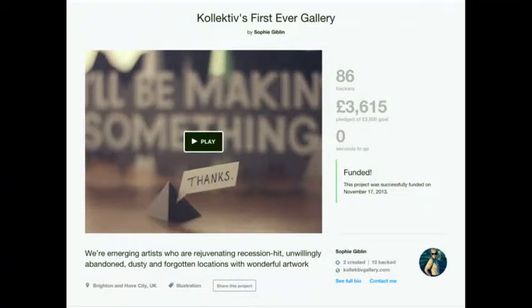One of the artists said, we should do a crowdfunding campaign. And the crowdfunding campaign was on Kickstarter. It was amazing. I looked at Kickstarter's interface, instantly loved it. There's a few different types of crowdfunding out there. There's Indiegogo and there's Kickstarter. For me, Kickstarter was more interesting because you set yourself a target,